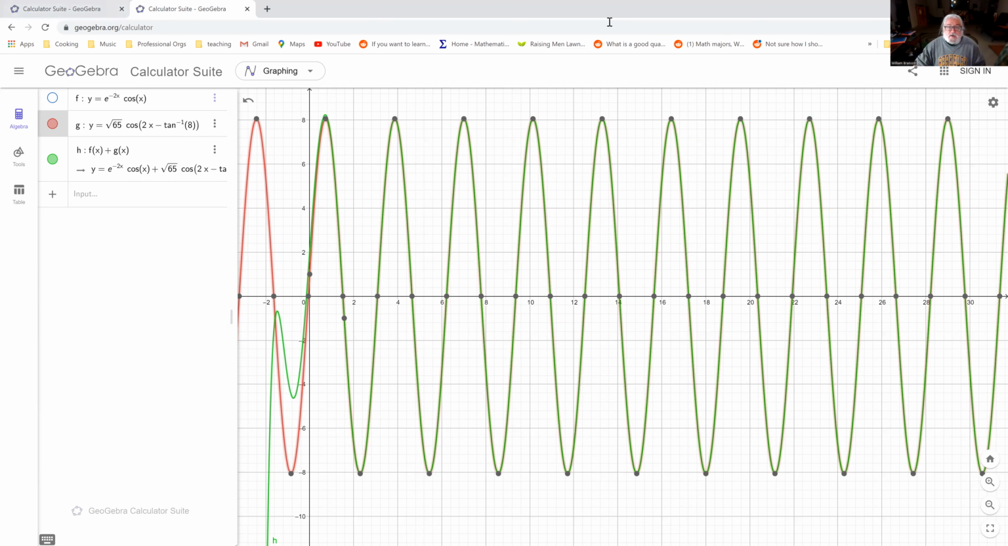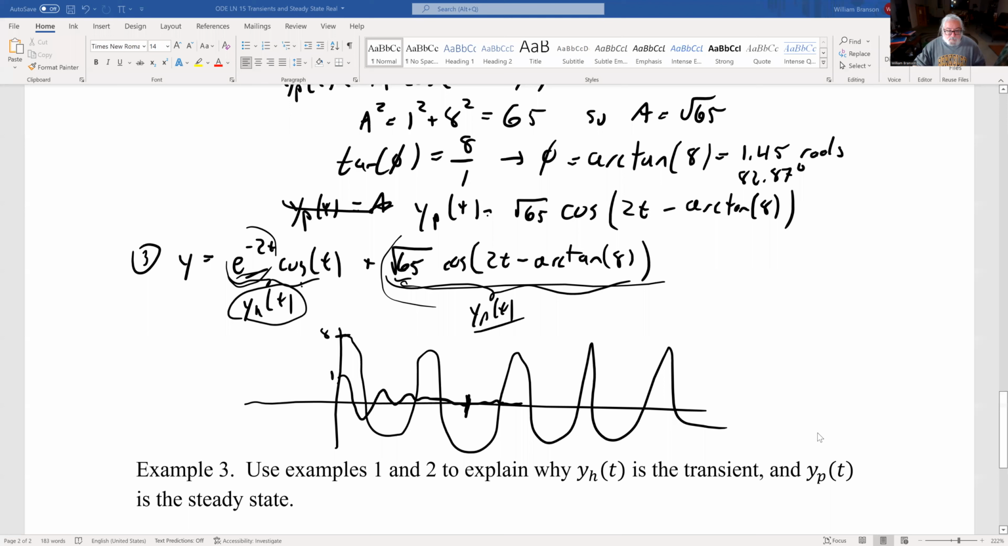So going back to the notes then, nope, that's not what I wanted to do. Let me go back to the sharing screen. There we go. So by t equals 2, more or less,